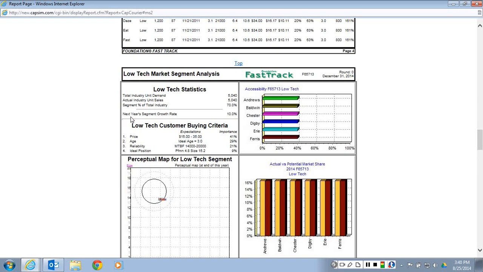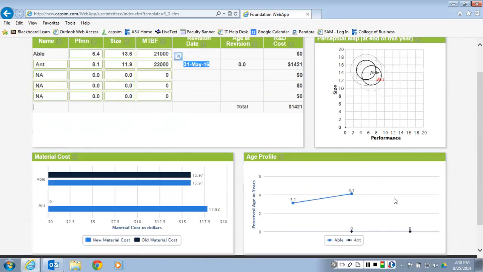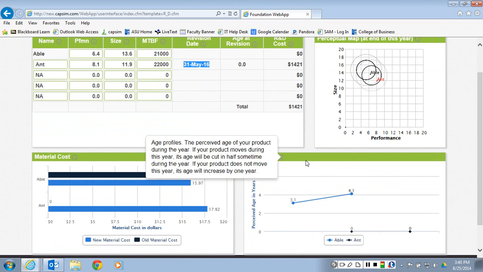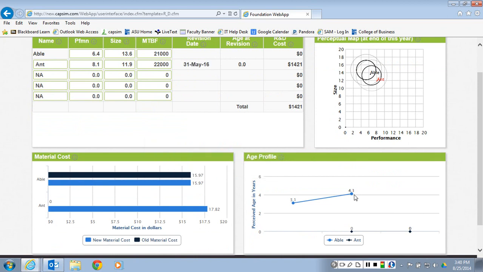Another thing to keep in mind is, on the low tech buying criteria, their second most important thing is to be 3 years old. Not 1.5, not 4.5. On this age profile, and if you've got any questions on it, you can click on here and it'll give you some more information. After the end of round 1, we're going to be at 4.1 years old. So I can decide this product is good enough, because due to drift, this circle here, both of them, is going to move this way every round, the expectations. So customers want higher performance and smaller size. Alright, so I may say the low-tech product is good right now, because this is not